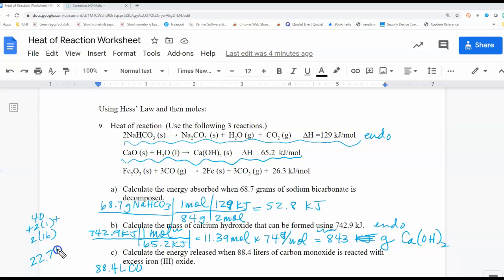22.7 liters per mole is going to be the molar volume that we're going to use, and because we don't have any information about pressure, temperature, and volume, we also don't have any information whether these are at standard conditions. So we're going to have to make an assumption here. So assuming that we have 22.7 moles, sorry, let's make sure we do that right, because we want to make